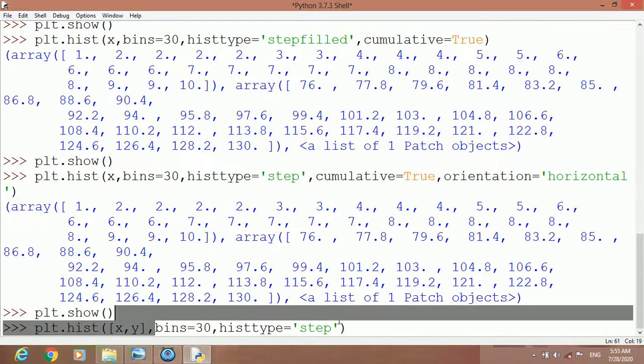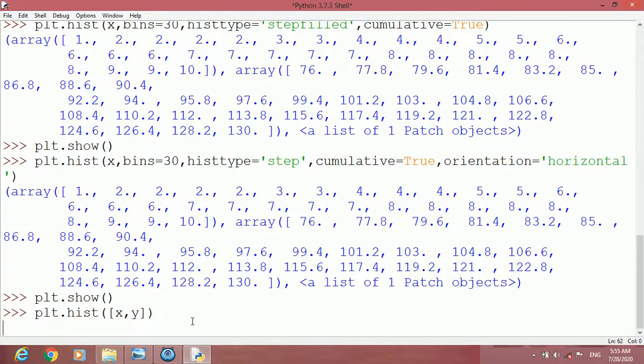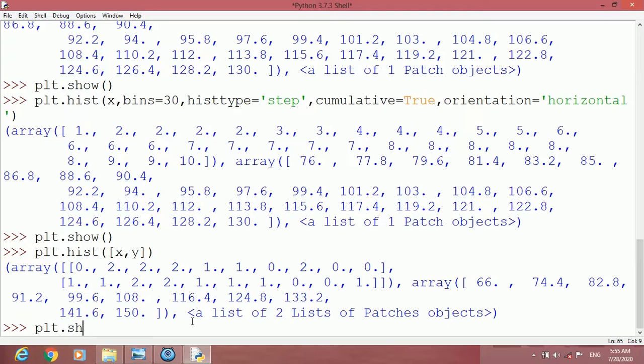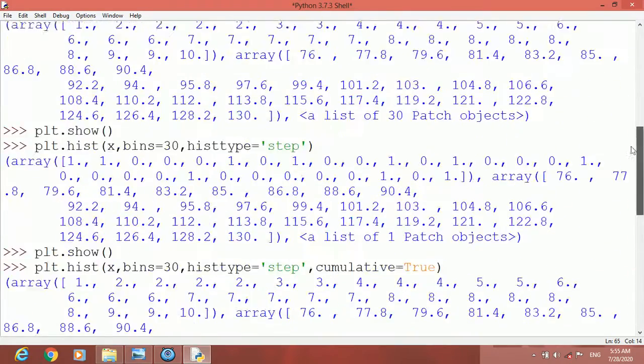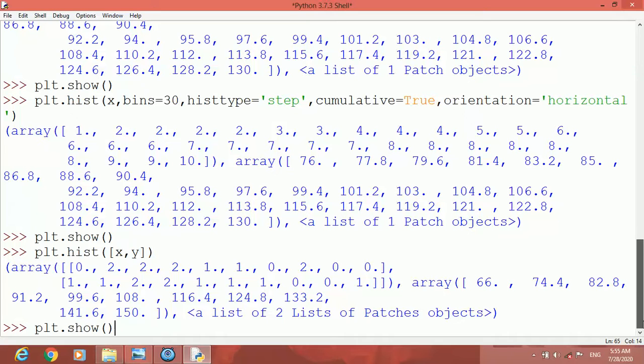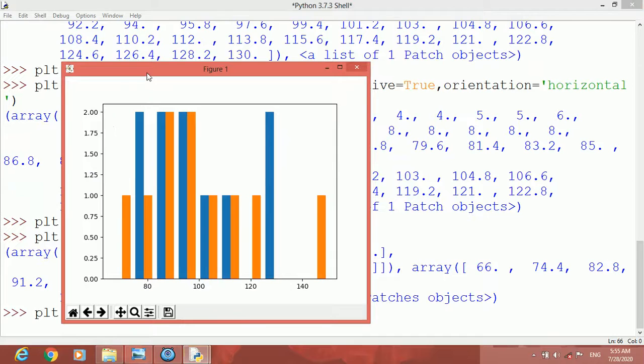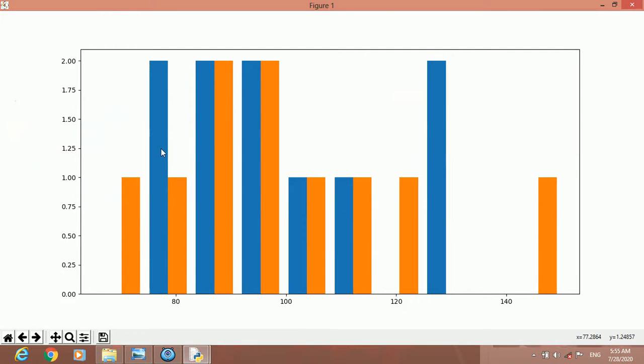So let us delete all these. We can use them afterwards. Okay, now show the chart, plt.show. Now it will show both the arrays, x as well as y. You can see x has different values and y has different values. Press enter. Yeah, now you can see two data sets, one of blue color and another of orange color. So this way we can display the histogram with different data sets.